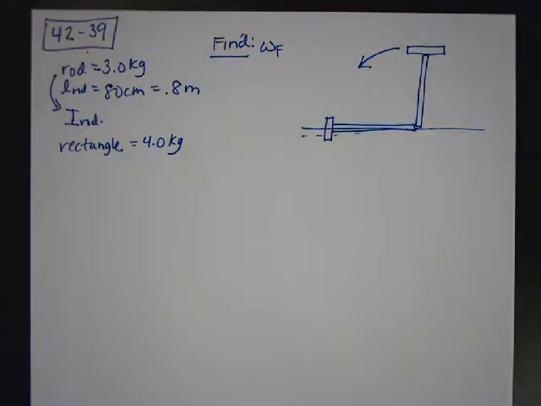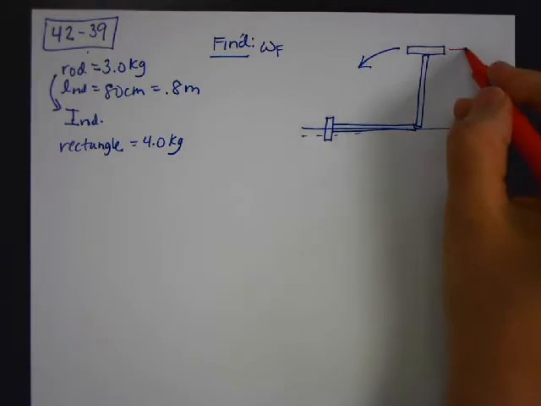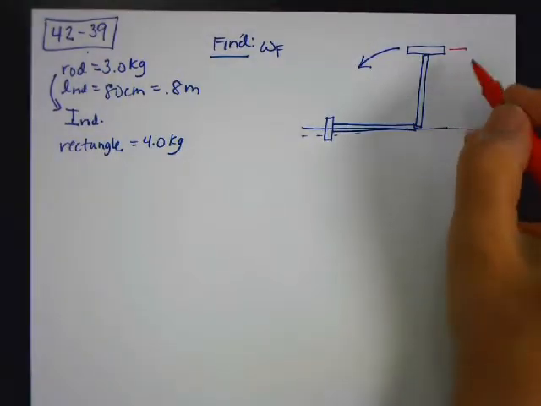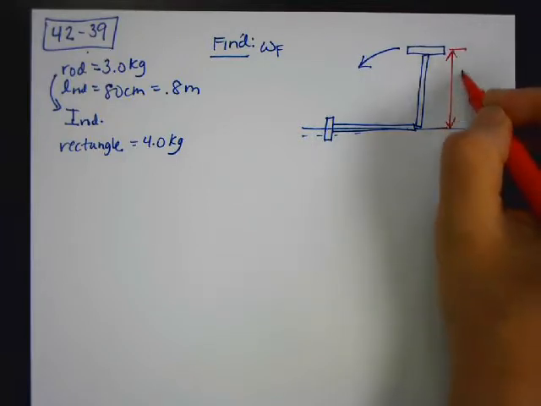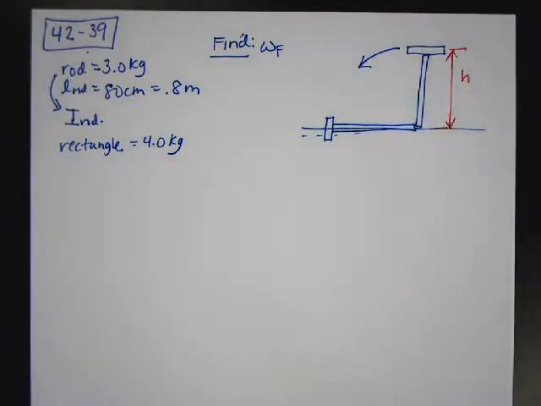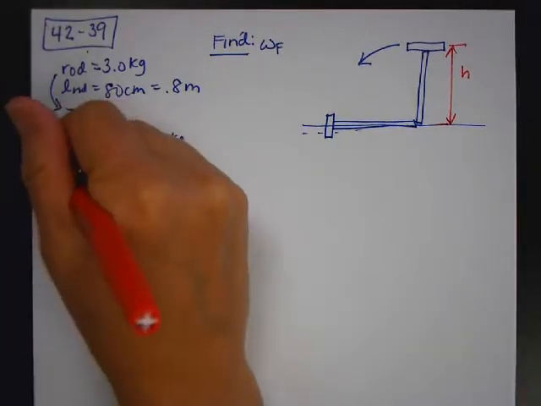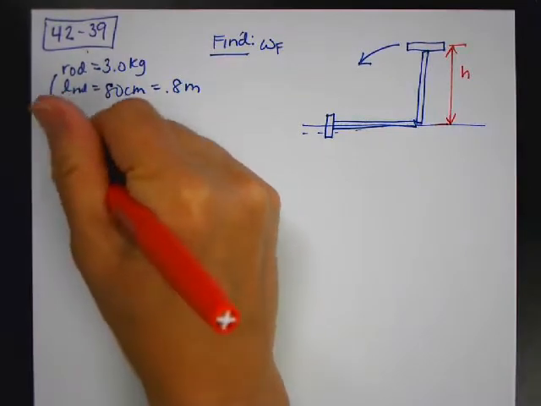Whenever I have a change of height, like from here to here, even though it's rotating, I'm going to use conservation of energy, because conservation of energy is always the easiest thing to do no matter what when there's a change in height. When I'm doing a problem like this, step number 1 is I need to identify